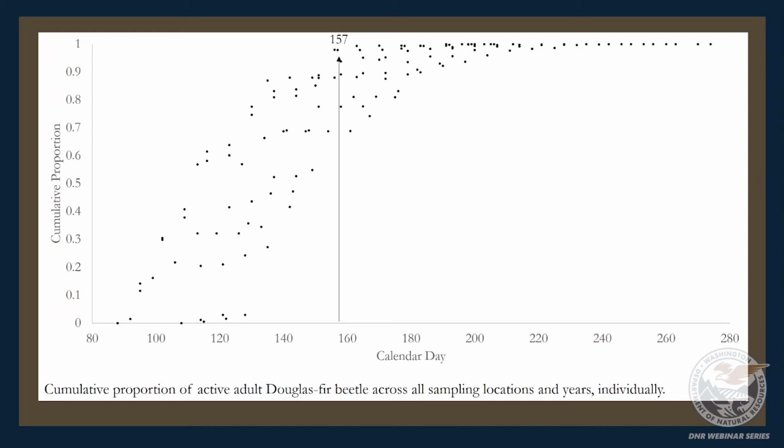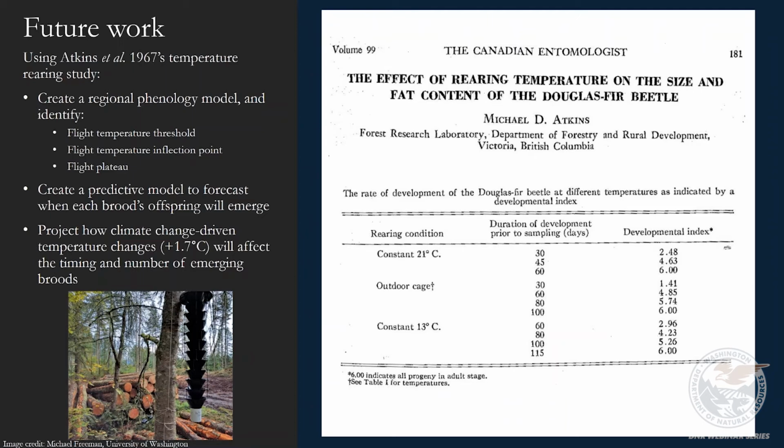Of course, I still have one more year of data collection to work on for this, and then more data crunching. But going forwards, I plan on using Atkins's 1967 temperature rearing study, in which he demonstrated that the bark beetles could be raised to eliminate the obligate univoltinism. So they could reproduce more than once within the same year under ideal temperature conditions, which suggests that they are not obligate univoltine. Using that, I aim to create a regional phenology model to identify where the flight temperature threshold is,